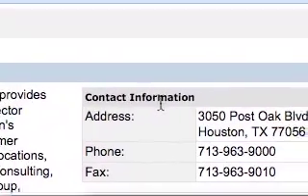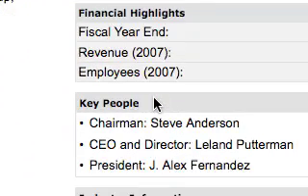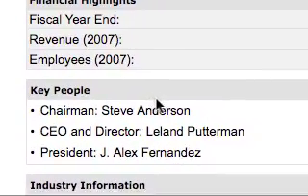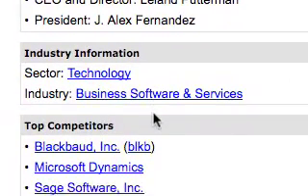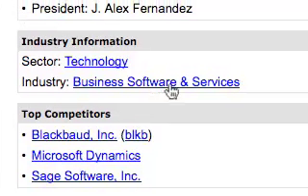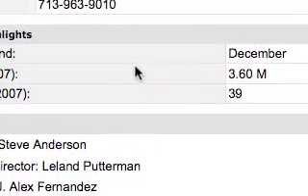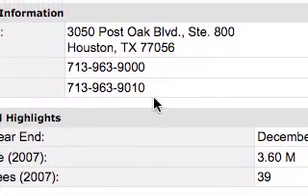So I can go back through this information and make sure that we got some key people here: the chairman, the president, CEO, their sector, there's technology. Oh, and they've got some competitors here. So these people may be people that we want to talk to as well. But in any event, this is all the information that we need to know whether or not they fit our criteria. So let's go back to the Acorn site and see whether or not they've got a VP of